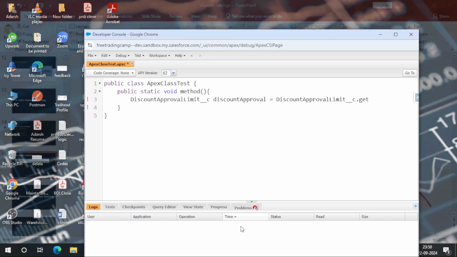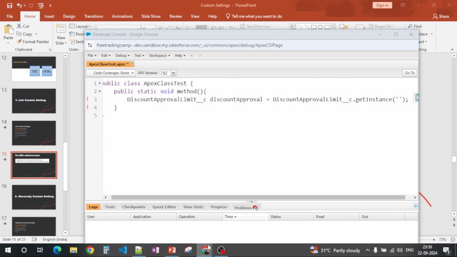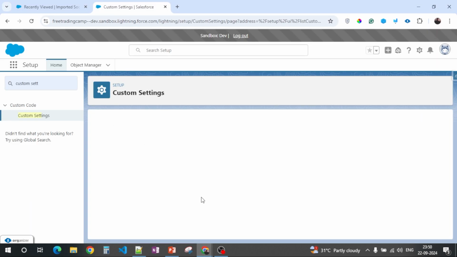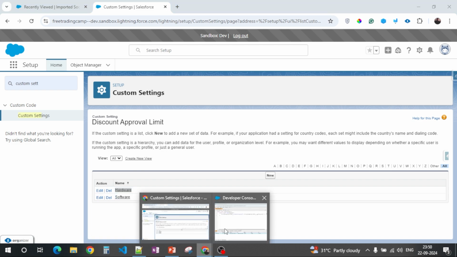So if I go back here, I'll type get instance. Now we have to give the name, right? So we have seen that we have two records which we have created. If I go to manage, we'll see all the records. One is the hardware, one is the software. So what we are fetching, let's say we want to fetch the discount of hardware, right?